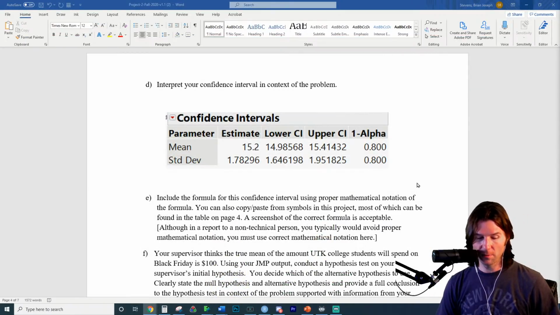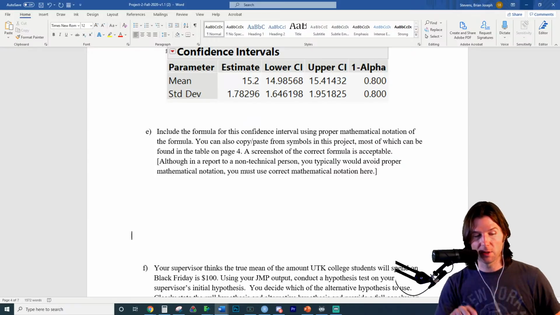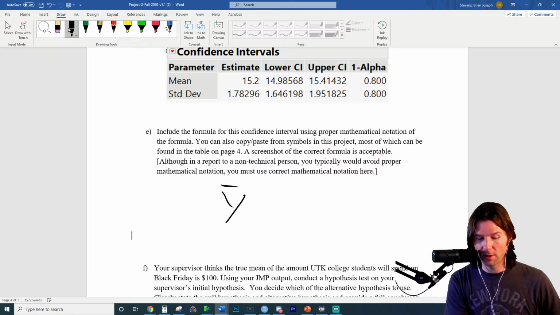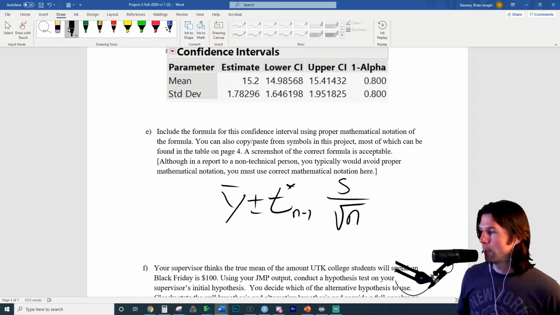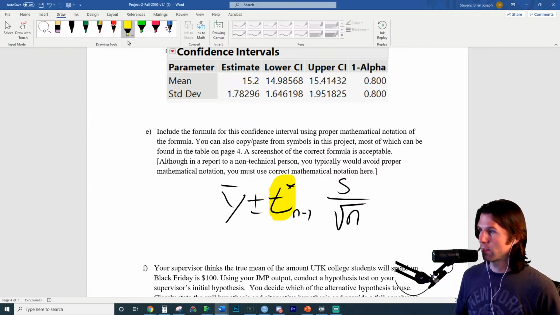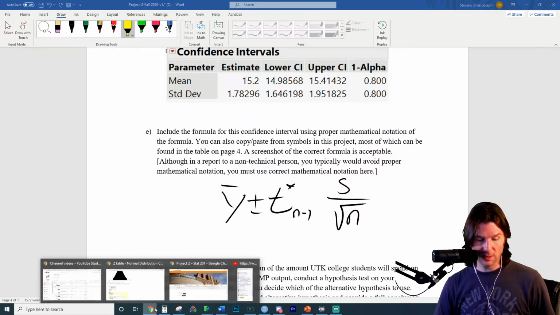Okay, so we interpreted our interval. Now include the formula for the confidence interval. You can copy paste the symbols. So bonus to you for watching this, because we're just going to write it. Now this is going to be the hard part. Y bar plus or minus t star with n minus 1 degrees of freedom and s over square root of n. The hard part for people is usually the t statistic. The t statistic is usually where the error is. The n minus 1 is the degrees of freedom, but to find your t statistic, I think we still have